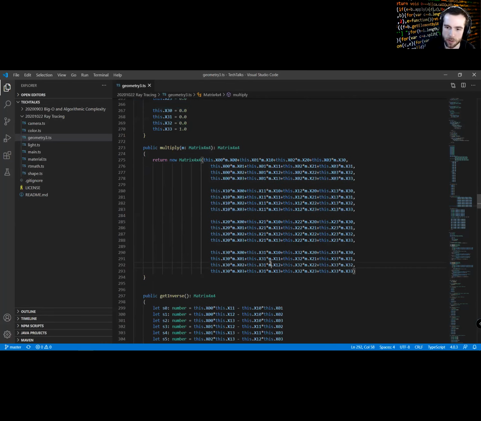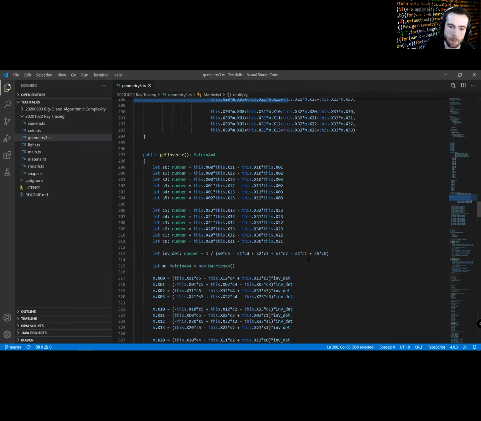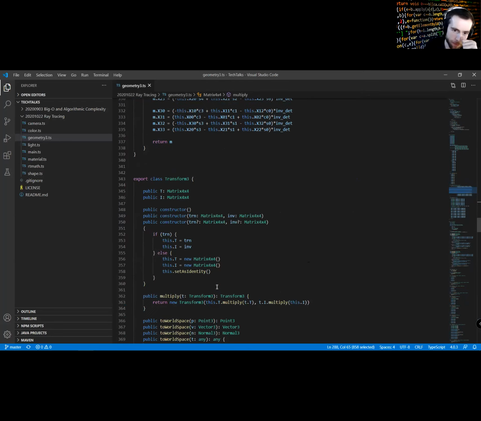So here's just a function for multiplying 2 matrices. Oh God, is it hideous? Let's move on. And here's a nice formula for calculating the inverse of a matrix. Anyway,